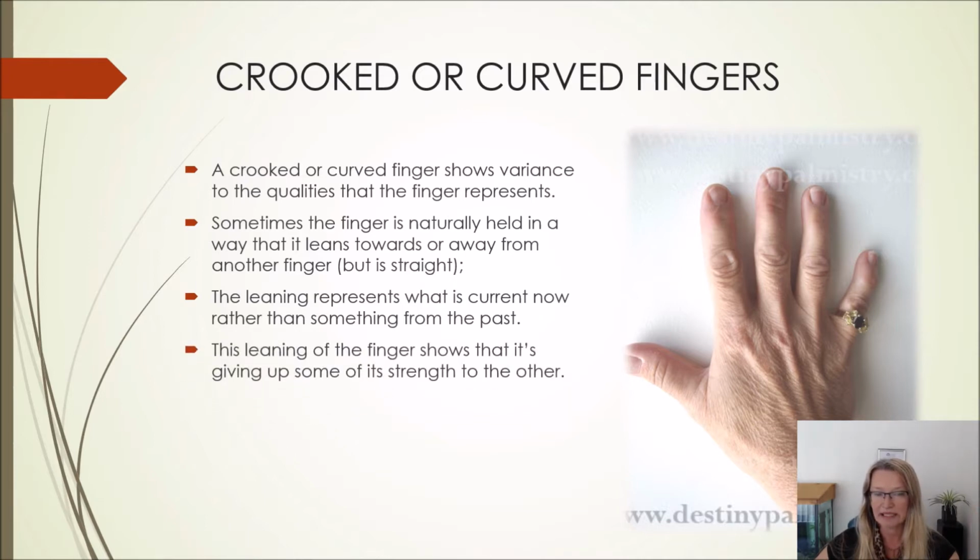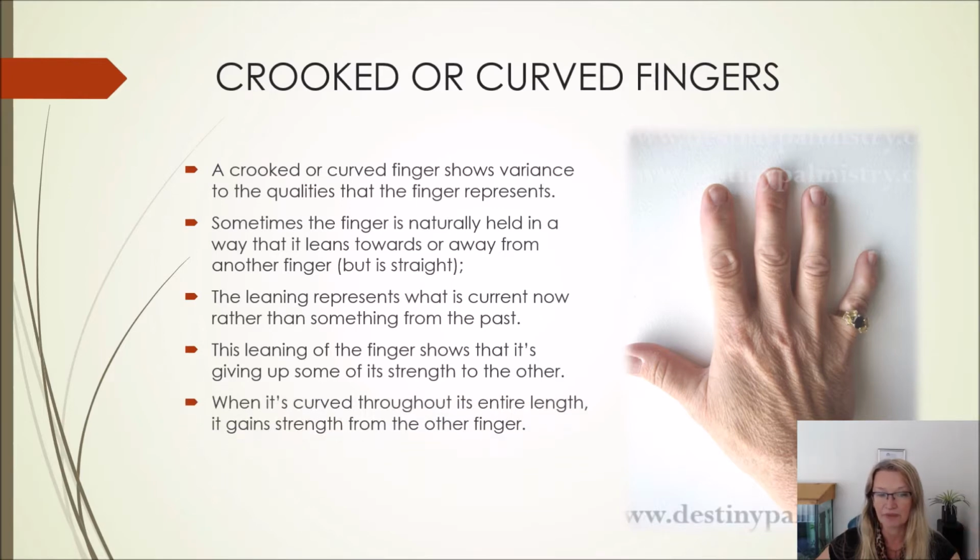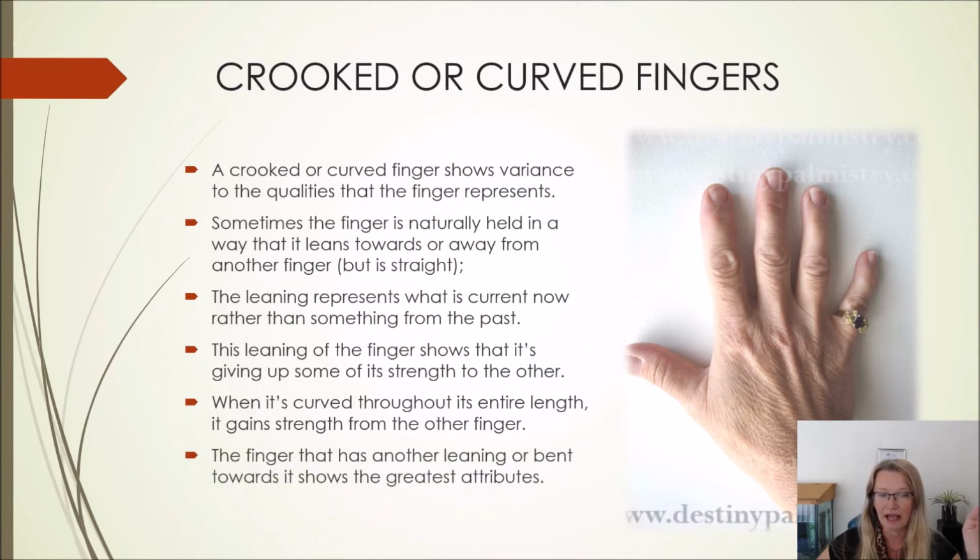So the basic leaning of the finger shows that it's giving up some of its strength to another finger, and we'll explain that. When it's curved throughout its entire length, that's slightly different. It's gaining strength from the straight finger. And the finger that has another leaning or bent towards it, the straight finger, shows that is where the greatest attributes are. For instance,